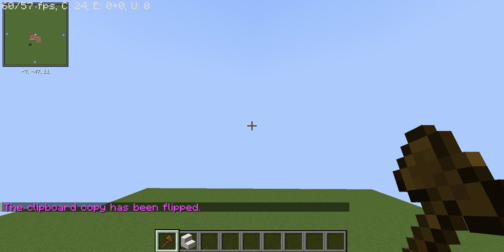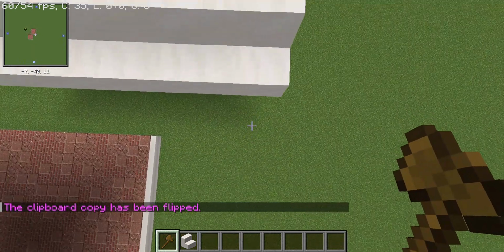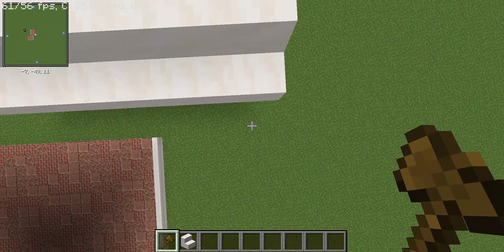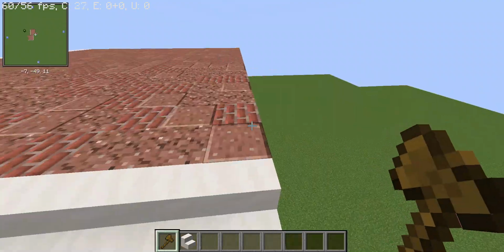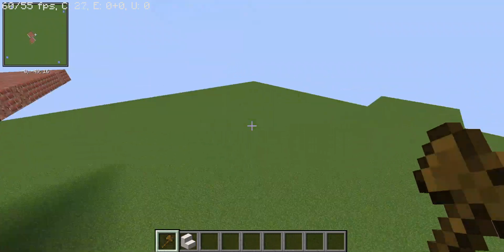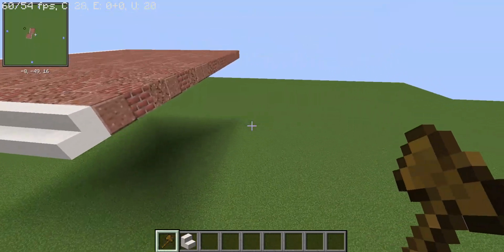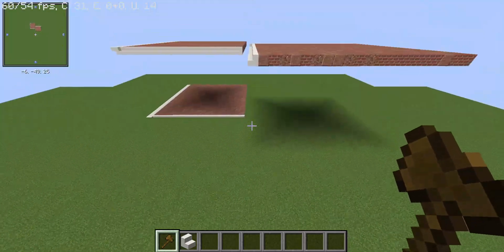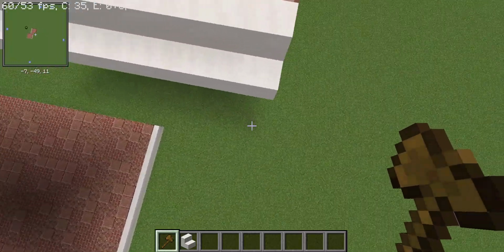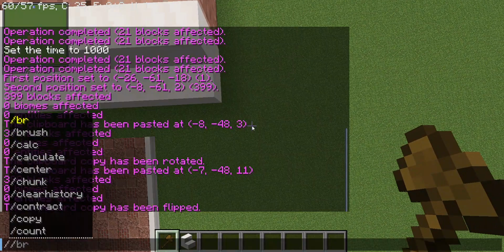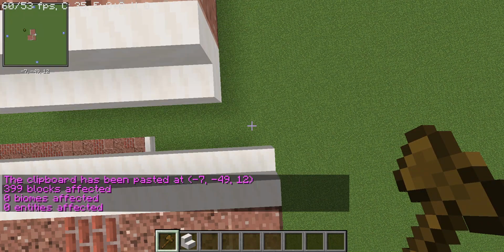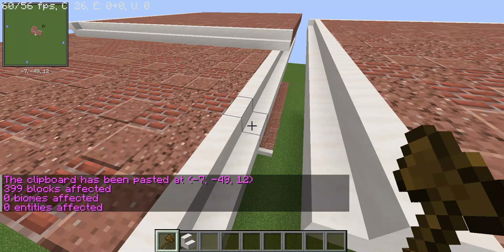Something to keep in mind is that the place that you stand will always be flipped too. So let's say I want the structure to spawn right here. I won't be going all the way somewhere here to paste it. I will actually just move it over one block here, and I'll do /paste,